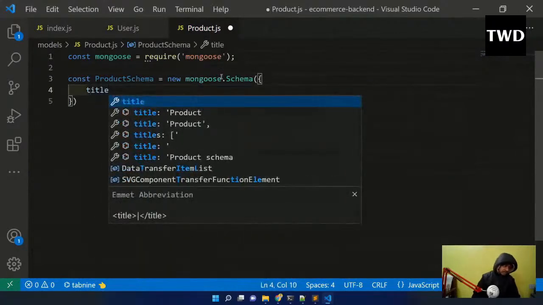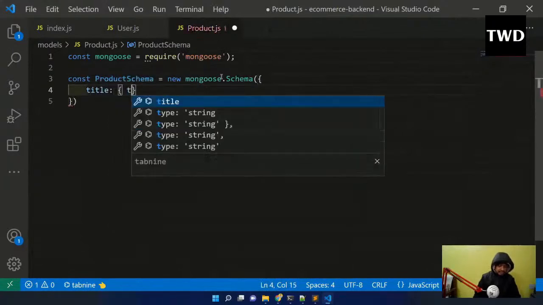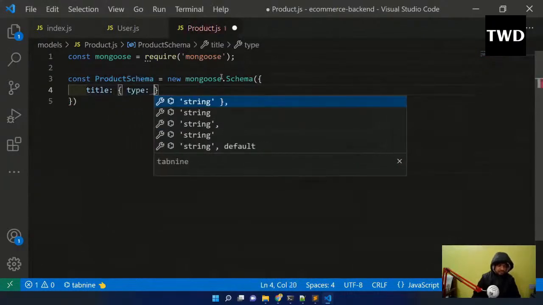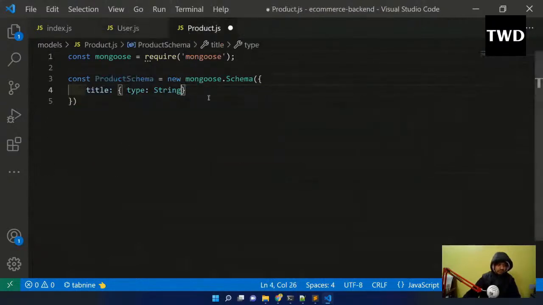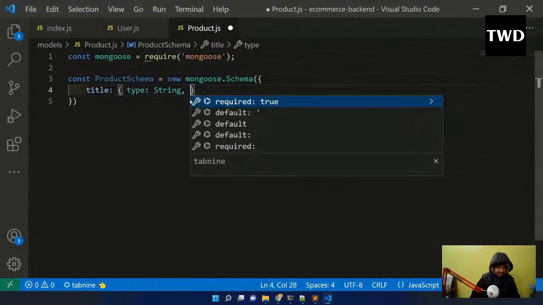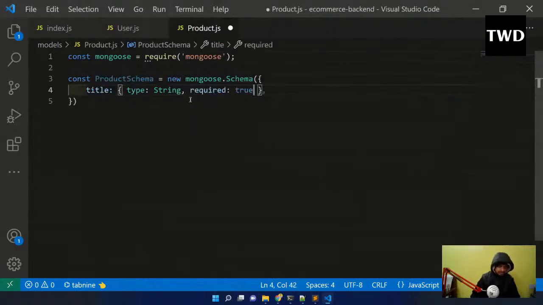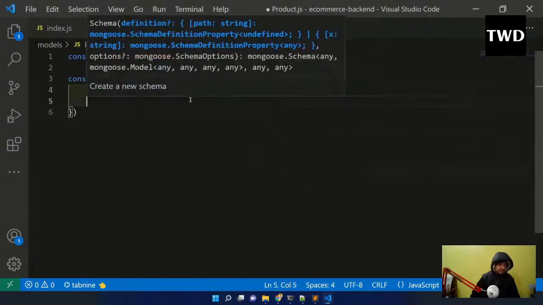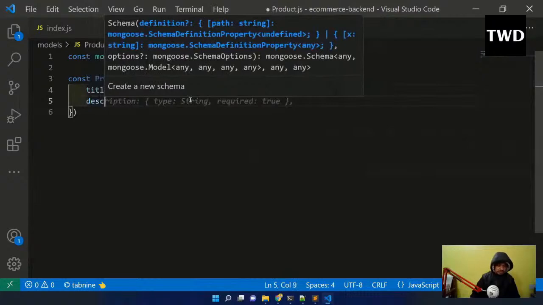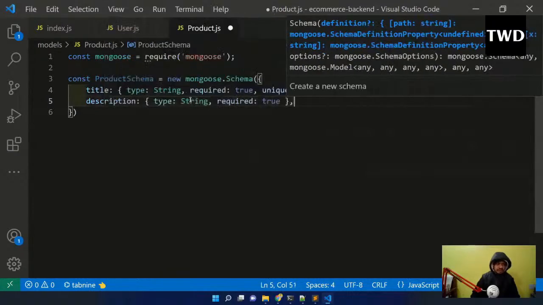So product will have a title, and it will have a type of string, and required is true, and unique is true. Okay, title is there, then description, type is string, maybe required is also true because description is always required. Okay, so